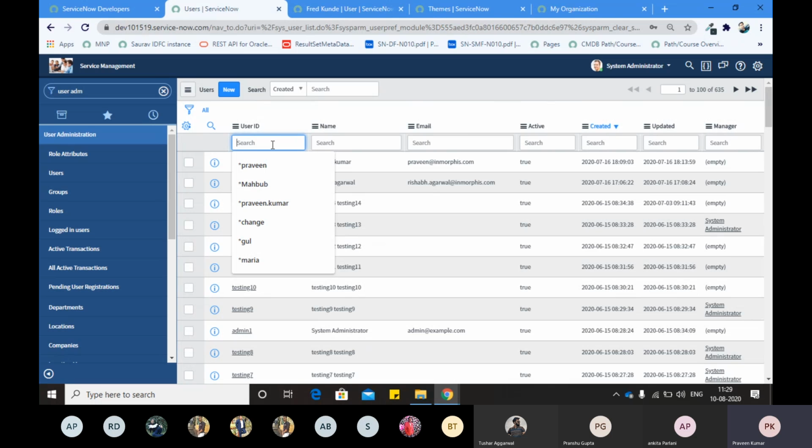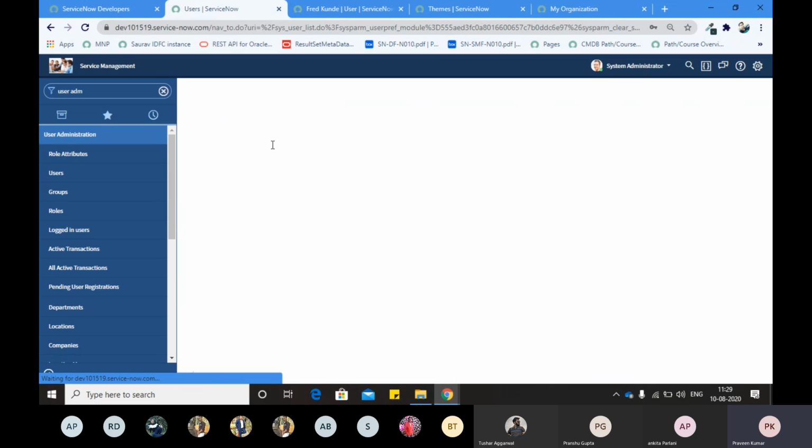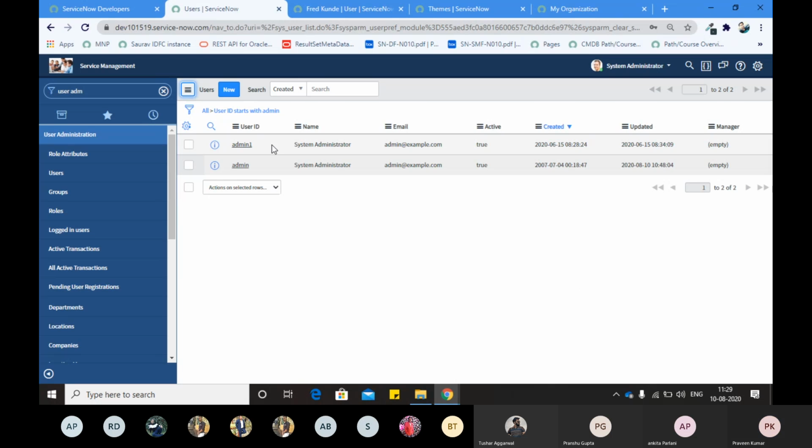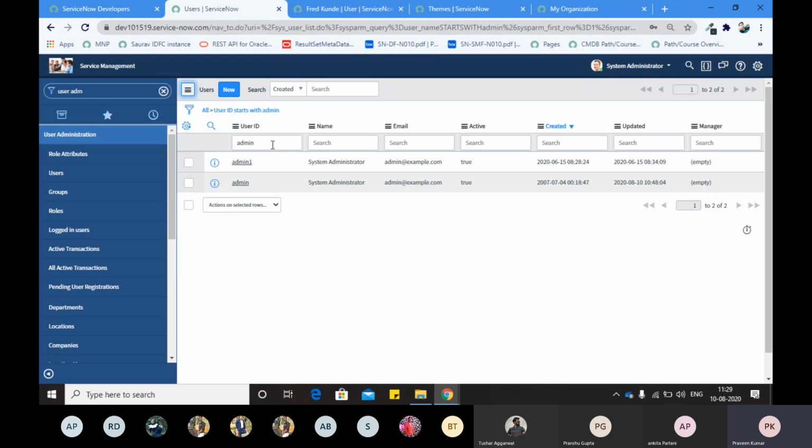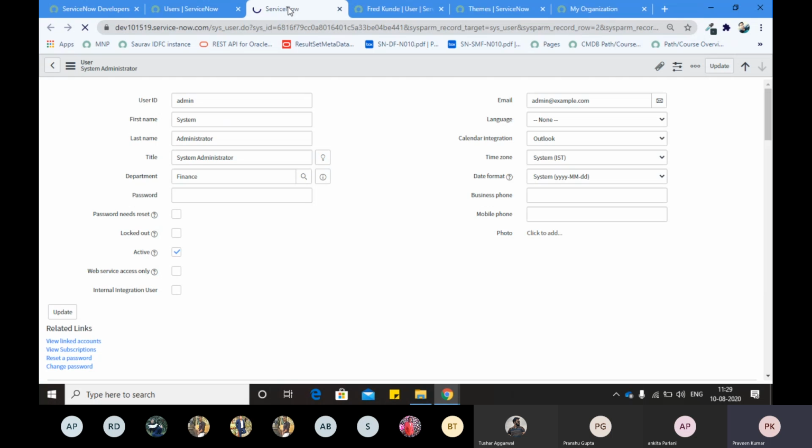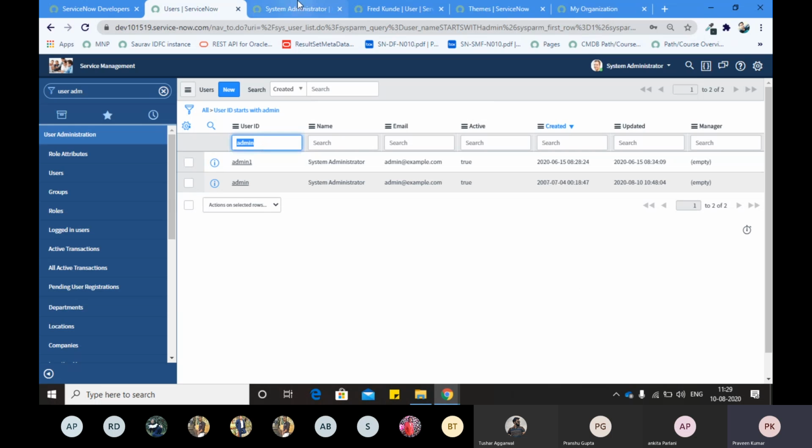You just need to type. For example, if you remember my user ID was admin, you just type admin here. It will show you the result, and in this way you can easily navigate to your record. You just need to remember the name, and it gives you search functionality here as well.